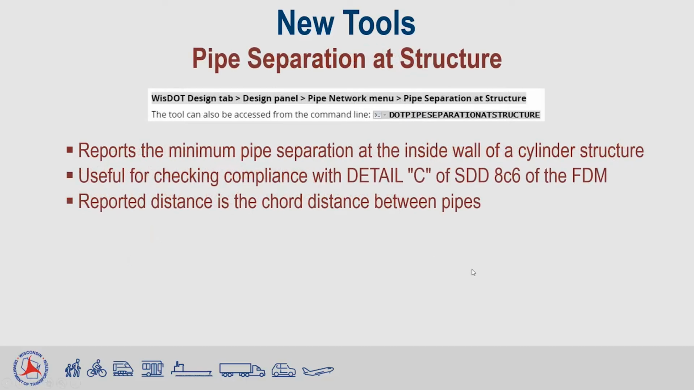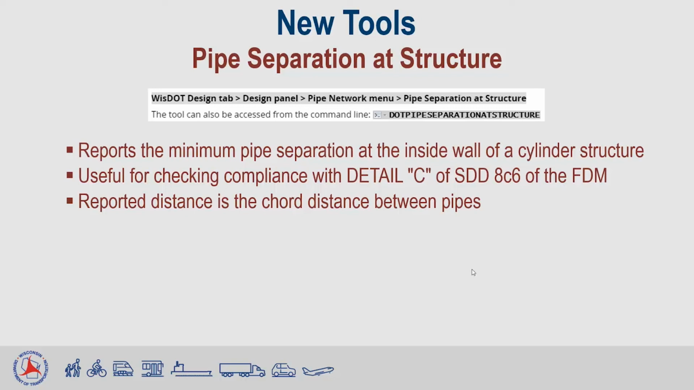Pipe separation at structures. Again, this is in the same pipe network menu on the design panel of the design tab. The purpose of this tool is to check if you have enough separation between your pipes at a cylinder storm sewer structure. So we can't have pipes coming into a cylinder structure and not having any of that structure